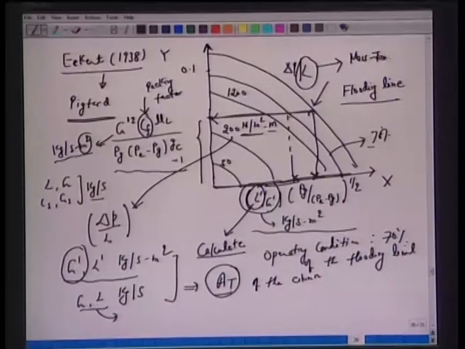Mass transfer will tell us how tall the column is. Hydrodynamics in general tells us the size of this column, the cross sectional area or the diameter of the column, which we denote by dt. The packing factor is also important here, what type of packing we choose, so this quantity varies. Then we calculate L prime. If we know L, we can take the ratios to obtain the diameter. If we know G prime, actual G, we can take the ratios to obtain the cross sectional area. All right, so this is a plot.